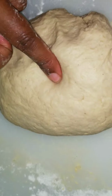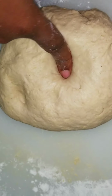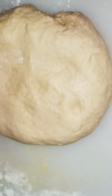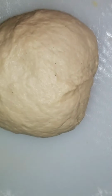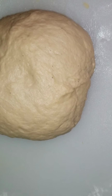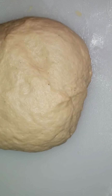Now we keep kneading until we see what I'm doing here. I'm checking if the dough is good to go. So when you touch and it pushes back, it's good to go. But if it doesn't push back, just keep kneading for a few more minutes, and trust me, it will be good to go. So after kneading and you're sure that it's good, everywhere is not sticking to your hands anymore,